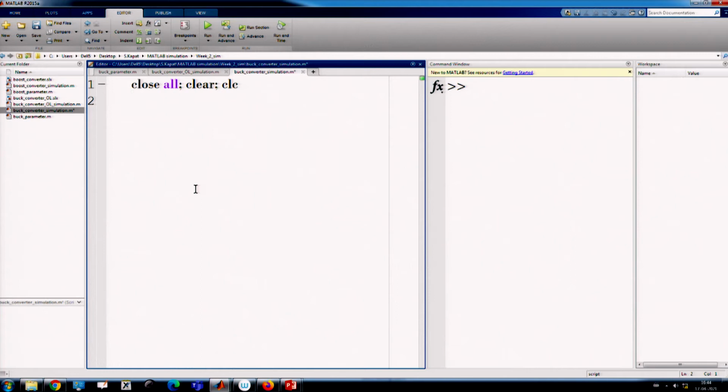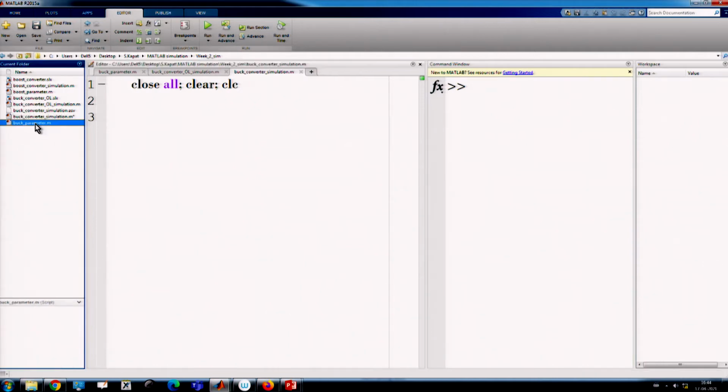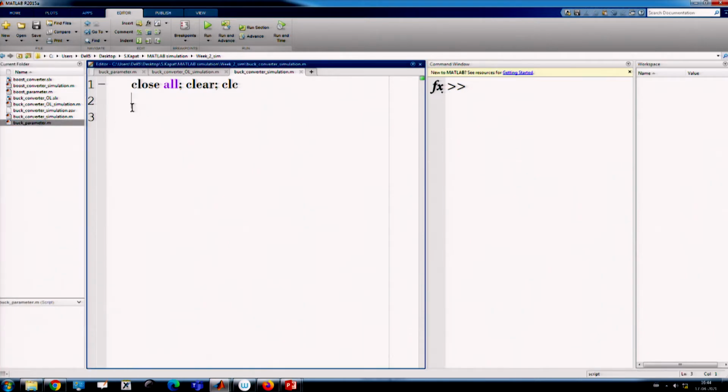Now, we want to call the parameter file, because if you want to run this through simulation, this .m file, we need to call this parameter file, and this can be simply called just by the file name. If you copy this, you can simply call this file name, that is it. Once you run it, then you can see all the parameters are again loaded. So, that means we are executing this parameter file. As a result, all parameters are stored.